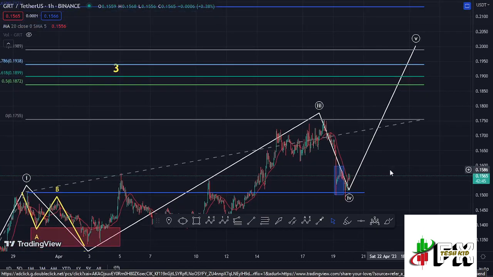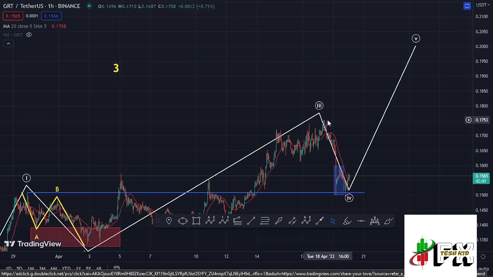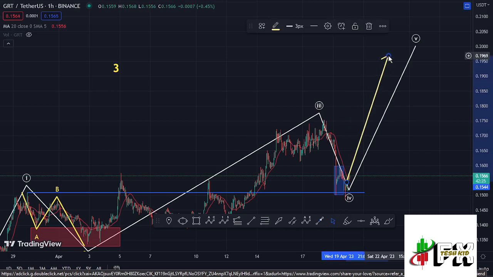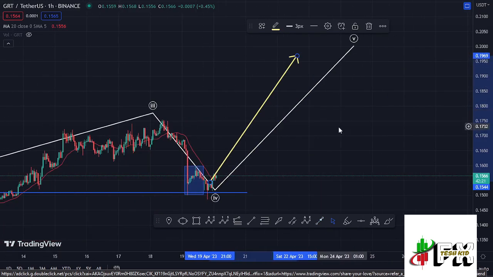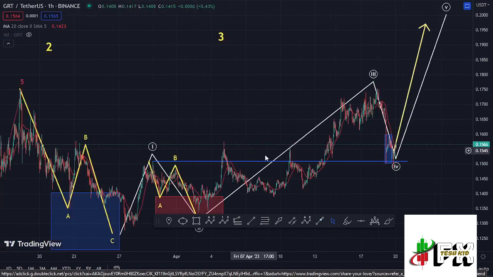So there are high chances that GRT is going to continue gearing up, and for that move to also play out, we need to watch out for a break above the wave 3 high, which lies at around the $0.1753 mark. And a break above that high will be enough confirmation of the impulsiveness in the formation of this wave 3, and also give us the high chances of fully maximizing our minimum target areas in the formation of that wave 5. So that is what I'm expecting here on the short-term scenarios here on the GRT chart,